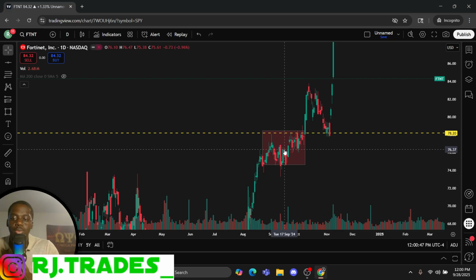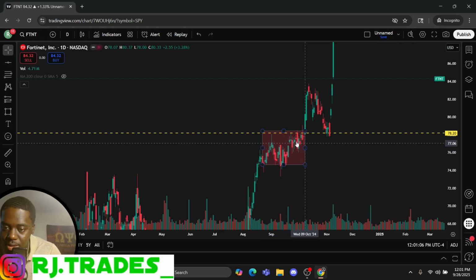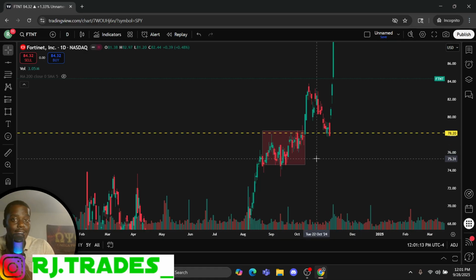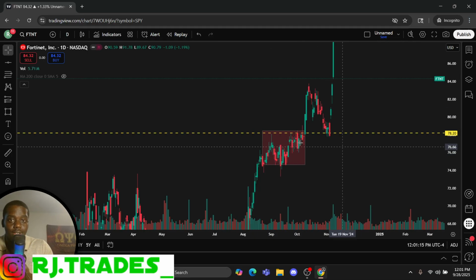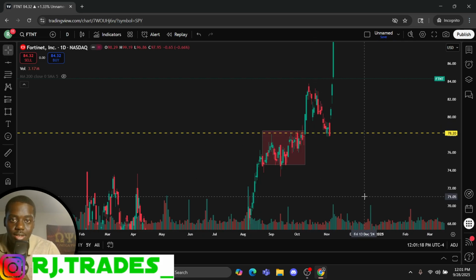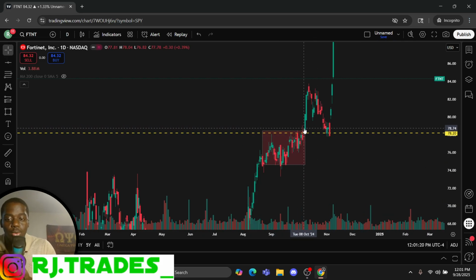When I do my support resistance, I typically like for my wicks to hit at least 3 times, okay? And it's not going to be perfect because support and resistance are pretty much exact points. But if you can have the area where the wicks or the ends of the candles are hitting at least 3 times, you got a good area. So if you look here, we got 1, 2, 3, 4, 5, 6, 7, 8, 9 times in this little spot that this was able to hit, okay? So it had trouble going above.